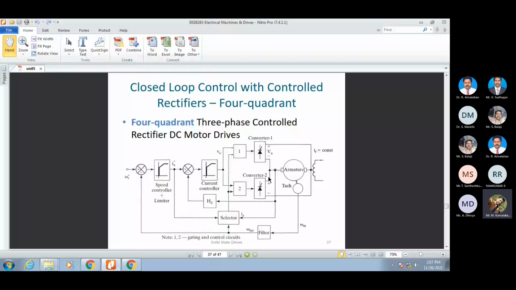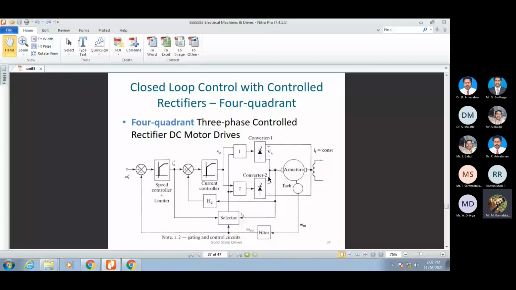If you want to make your motor work in a 4-quadrant operation, because in the solid state drive subject, the first unit is nothing but the drive characteristics. There you people would have been introduced to the 4-quadrant operation of the motor. Whatever machine we are going to take, especially nowadays, the e-vehicles have come into existence. There we won't only do forward motoring operation. We also need the reverse motoring operation, and we also need the forward braking operation, and we also need the reverse braking operation. So the forward motoring in the first quadrant, forward braking in the second quadrant, reverse motoring in the third quadrant, and reverse braking in the fourth quadrant. All such things have to be achieved in the motor we are going to use as a drive.